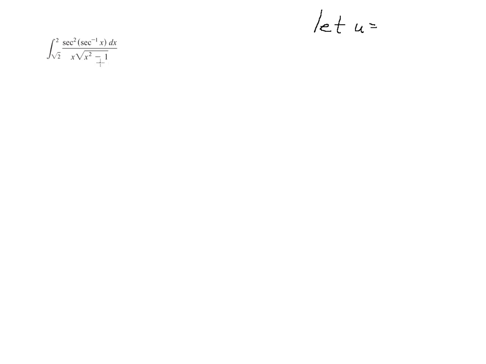A lot of times we might look to the denominator first, but notice if we set u equal to the denominator, which is composed of x and the square root of x squared minus 1, taking the derivative of that thousands of times, infinite times, will not yield trig functions, the secant squared. So that's no good. But if we know our derivatives of our inverse trig functions, in this case the inverse